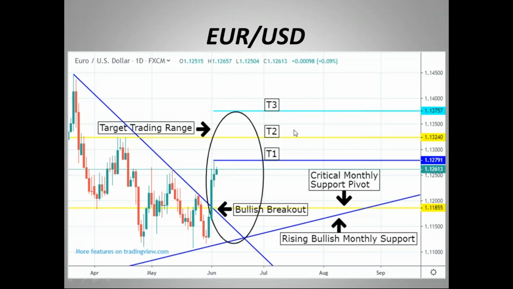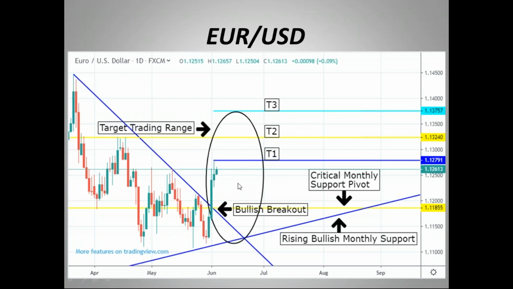That means the market still is very bullish and it's trying to pressure this resistance. And I would say that most likely you're going to see it come up to this T2 and the T3 target area. That's probably where, if this bullish momentum continues, especially if the numbers come out favorable for the euro and conversely negative for the dollar, these are probably the pivot points that you're going to see the market gravitate towards over the next few sessions.